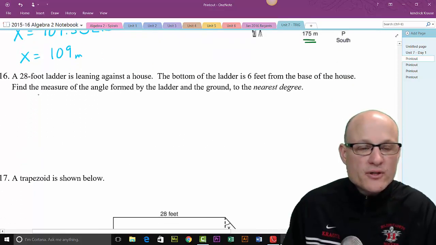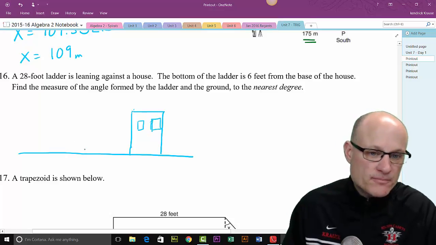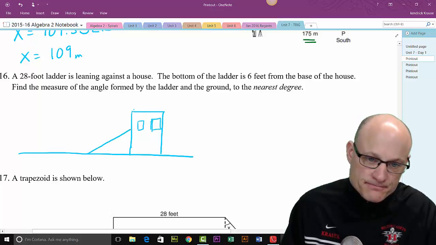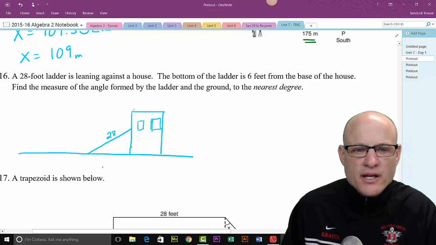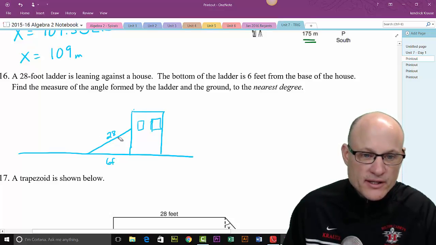A 28-foot ladder is leaning against a house. Oh, well, that's got to start from the ground. Here's my house. Ooh, you want to put some windows? Not in the mood. There's my ladder. It's 28 feet. I put it 6 feet away. Okay, that doesn't really look close to being accurate. So let me